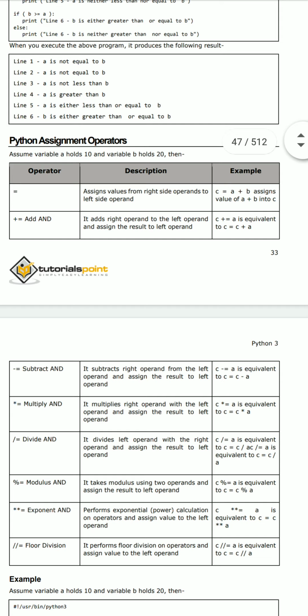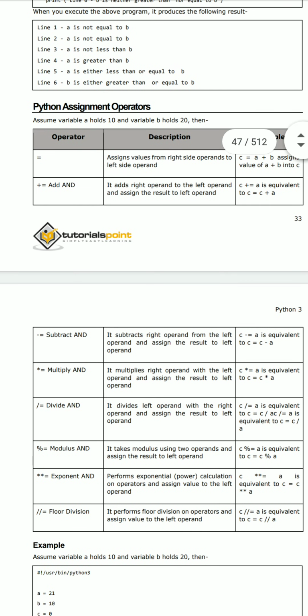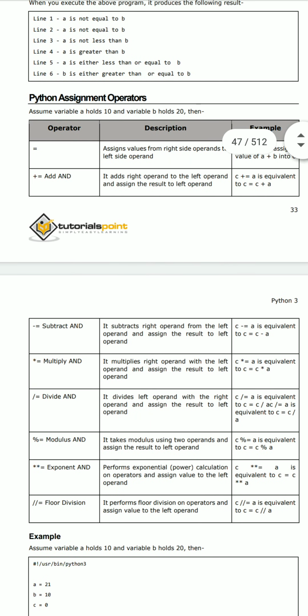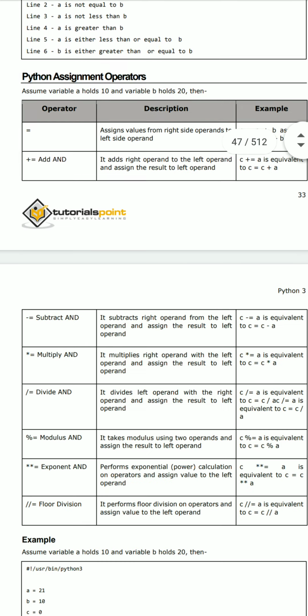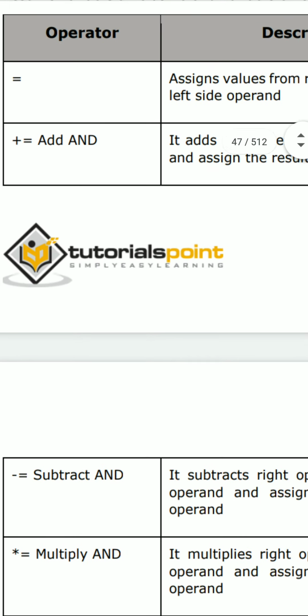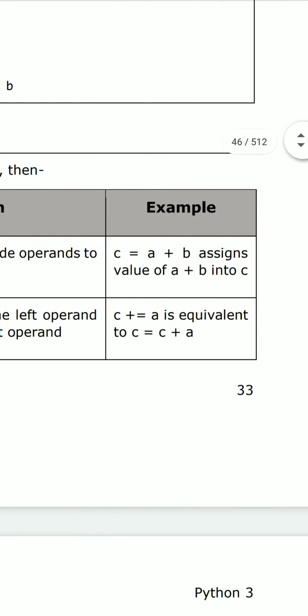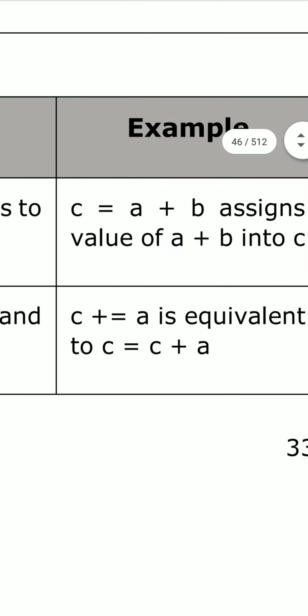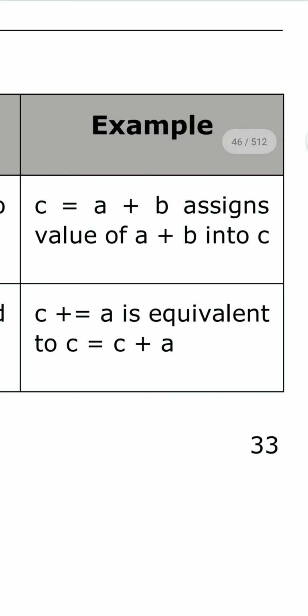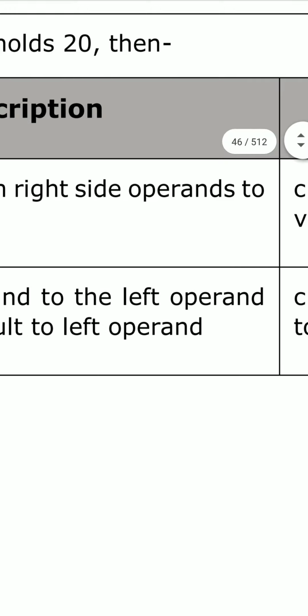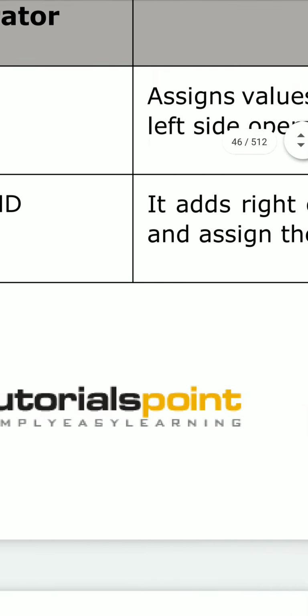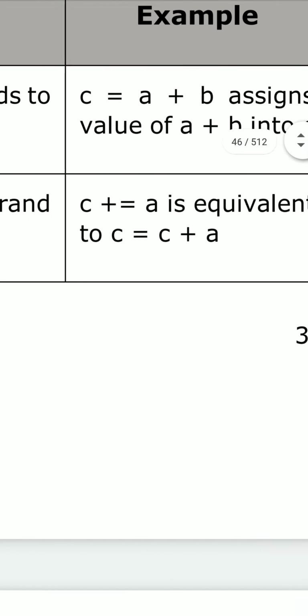And the next one is the assignment operators, what the different types of assignment operators are and how we can perform operations with them. First, let's see the different types of assignment operators. Equal to assigns the value. Here we assign the value, that means c = a + b. Here we perform the operation on operands a and b, and the result value is stored into c. And the next one is plus equal to. This is another type of assignment operator.